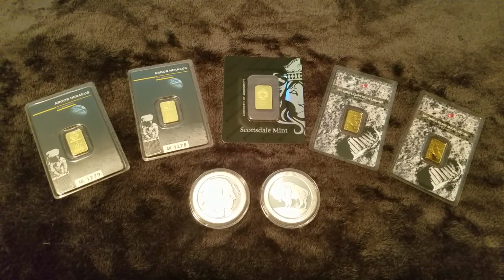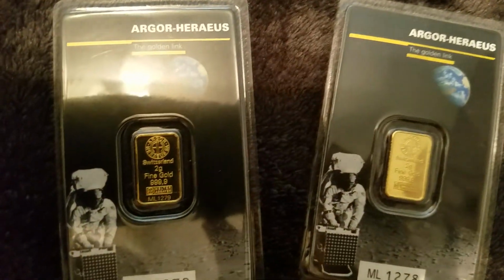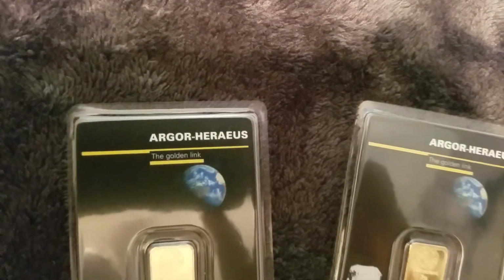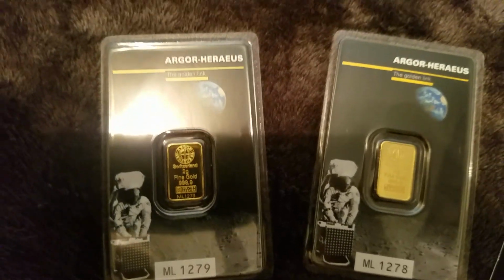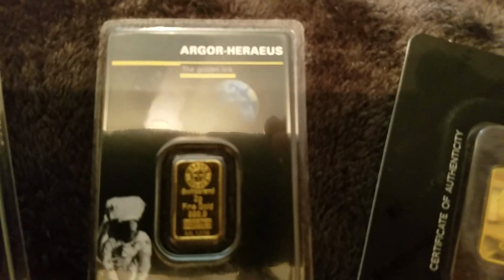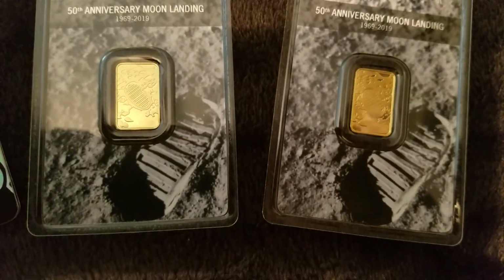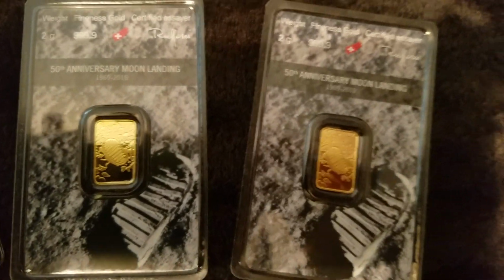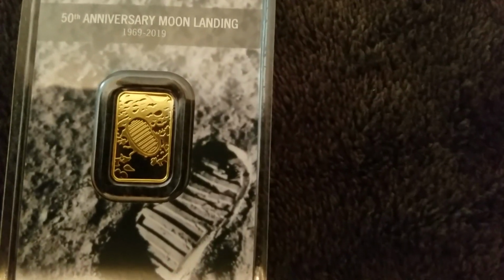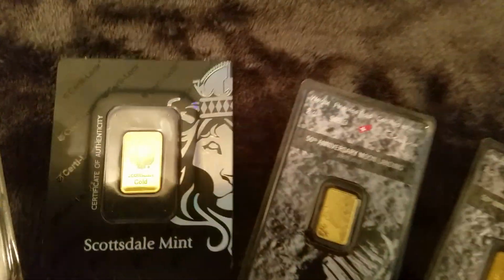But here, look, I've got some gold and some silver today. And the reason why I've got that, let's go ahead and take a look at these. These are the 2-gram Argor-Heraeus Apollo 11 tribute bars for the 50th anniversary of Apollo. Very nice bars, not coins. Very nice bars, from Switzerland. And this is going to be the back side of those. You can see they've got Neil Armstrong's footprint there as part of the theme, and done very well inside the metal too, with the lunar sand and stuff. So we've got that gold there. We'll talk about that a little bit, and then we've got